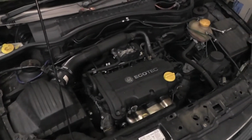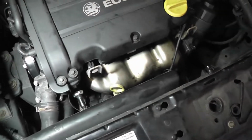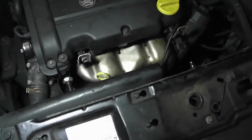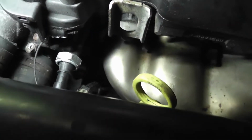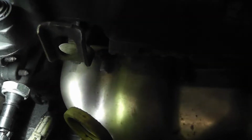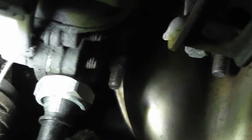Opel Corsa 1.4 Twinport. I'm going to be taking the cat off it. There's a couple of bolts on top. You can see one which is hiding there on the side, another one, third, fourth,